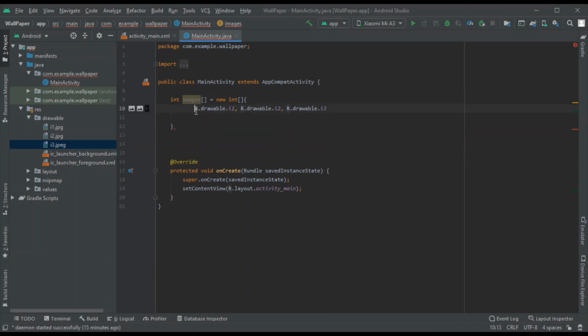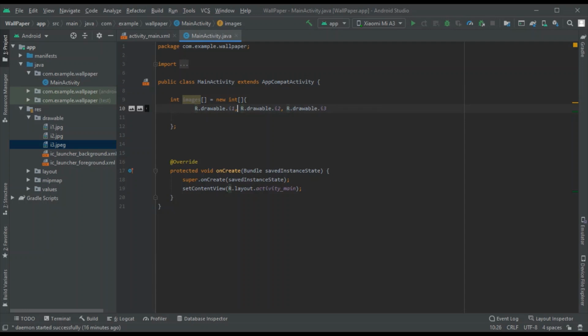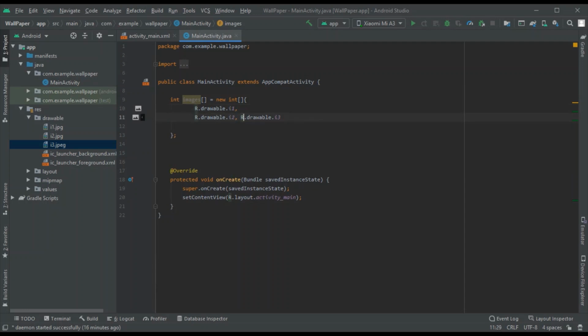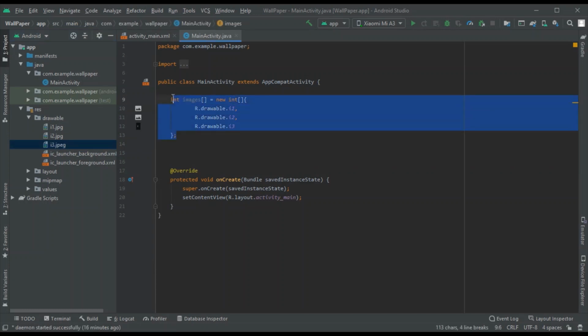So now I can access these images individually by using their indexes. If I give images of 0, I will get this first image. Images of 2, then I will get this image. So yeah, this is the first step.